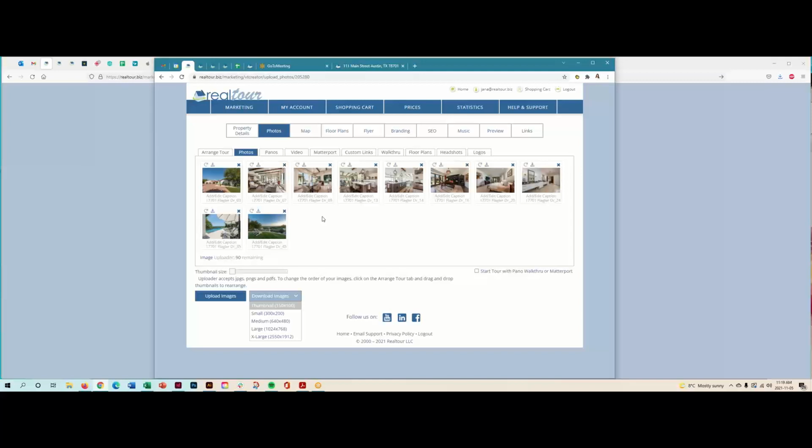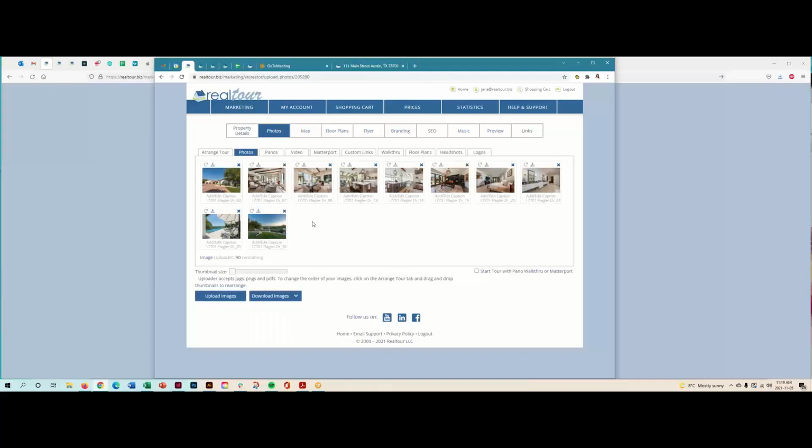Right? And they'll be saved there basically forever, but they're not saved just on your computer. So you might want to download them at the biggest size and save them onto your computer, because then you're going to send them to a marketing person who's going to make you some flyers, or you want to send the pictures to the homeowner so they have a keepsake of the home that they're selling. Either way, you can upload your own images and you can download these images and have them saved